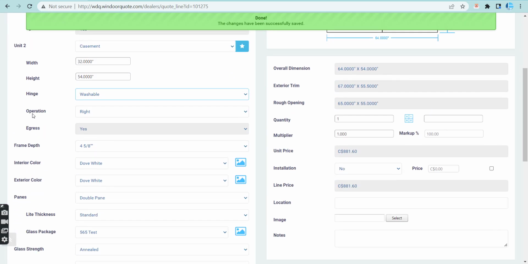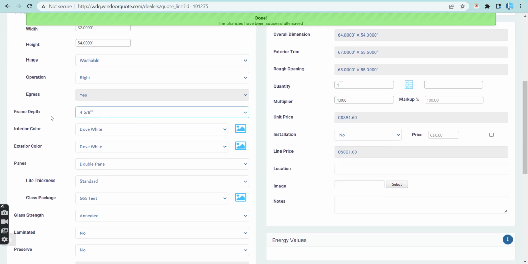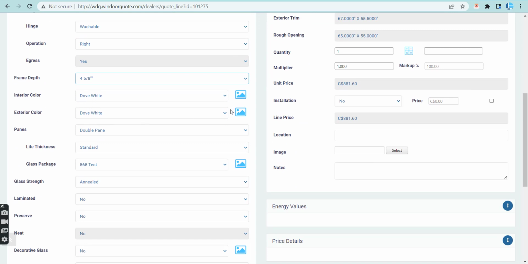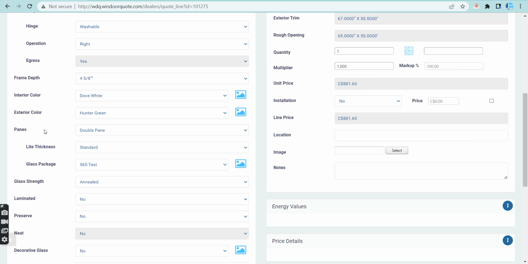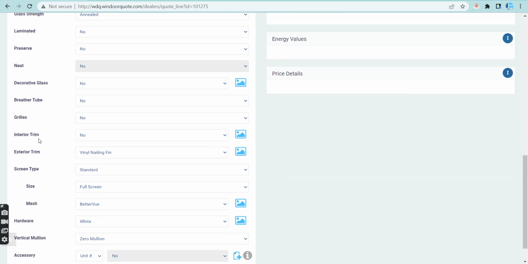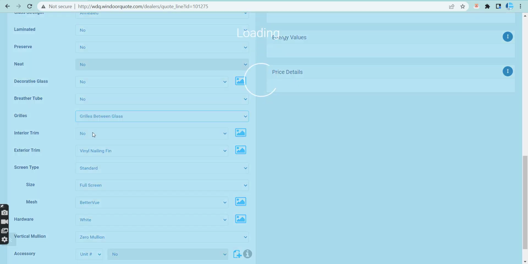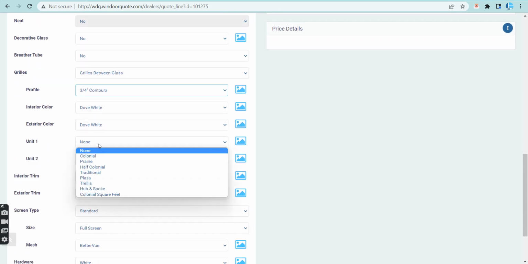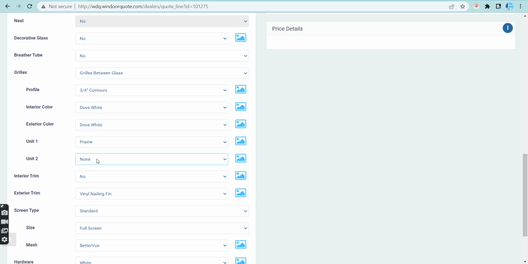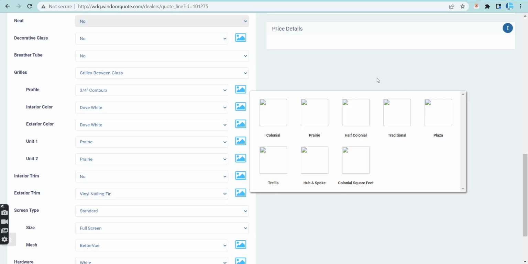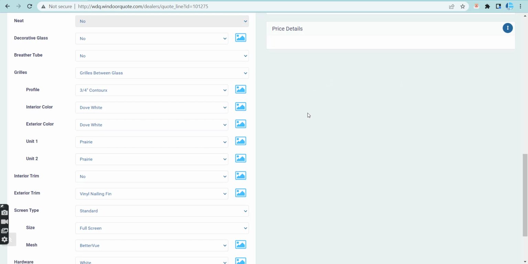There. This is where you can configure things. You have different frame depth setup, colors. Here you can see the color selection menus. Say 100 green. If you wanted to do grills on the windows, we could select different patterns. We could do things like prairie. Once again, you could select them through here. Well, I guess those aren't uploaded. But